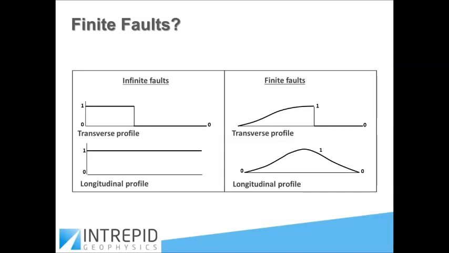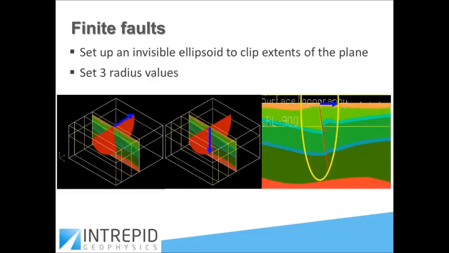So now I want to introduce the idea that we can change these to finite faults. On the left-hand side, we're just exploring the fact that as an infinite fault in a model, you will have constant offset of the unit in every direction away from the fault. If you were to introduce, though, a definition whereby for the affected series there is the maximum amount of offset at the focal point of the fault, and then a dissipation away towards the zone away from the zone of influence of the fault. This is what we can do in GeoModeller,